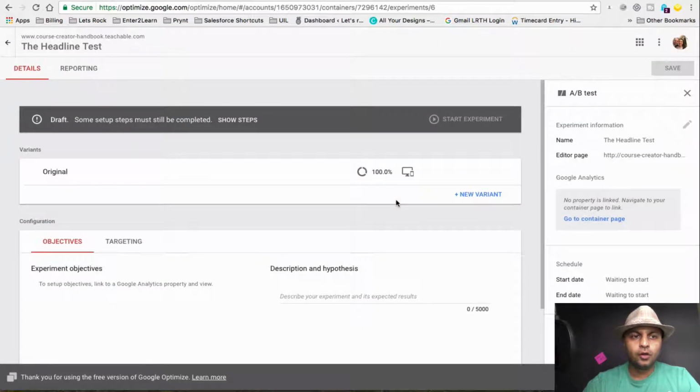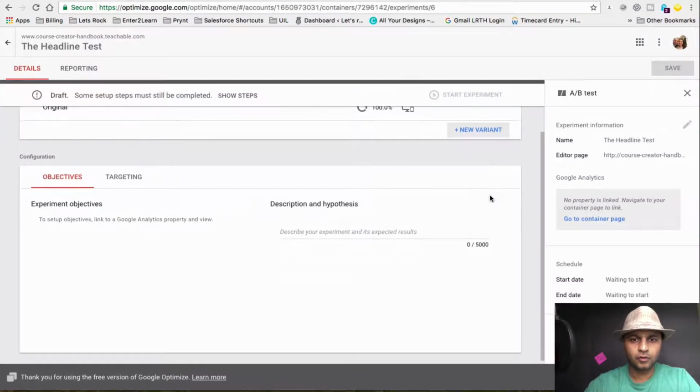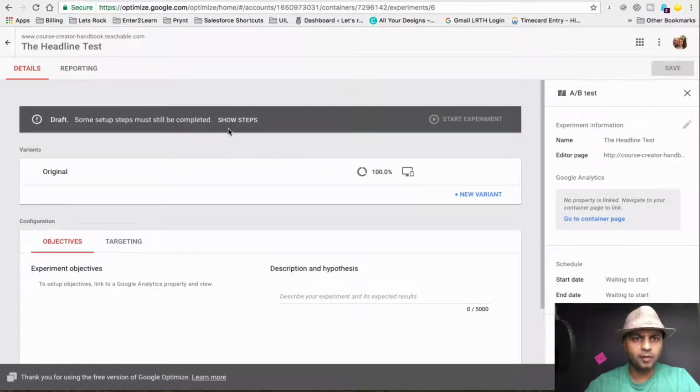Now, what we want to do now is we have the name, we have the editor page. So this is our original. Now we need to create a new variant in order to test this. So before we do that, it says right here there are some setup steps that still have to be completed. So we need to inject a code on our Teachable page in order for Optimize to be able to make those changes on your Teachable. So I'm going to click on this show steps,